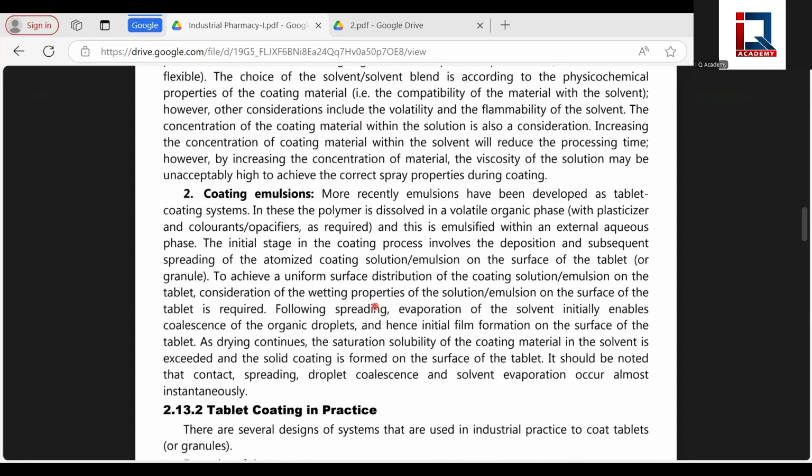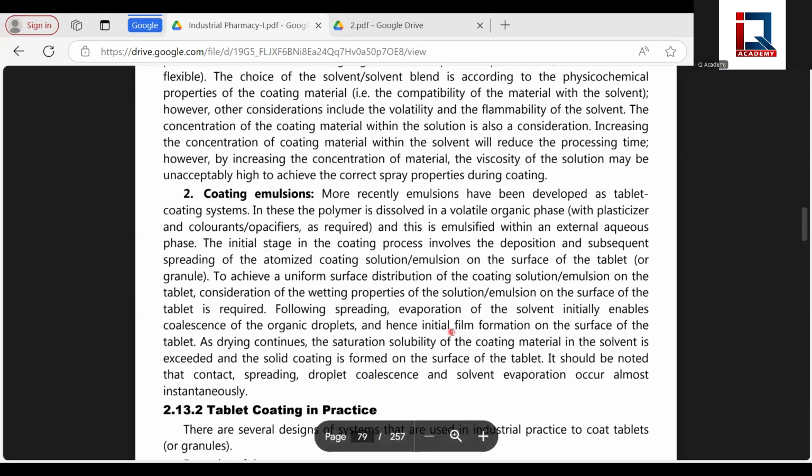Right. There are also coating emulsions in some cases, like emulsion paint, right? Asian Paints. We call it emulsion because we use certain paints which are non-water soluble, to prevent staining and to increase the life of the painting in our house. So likewise, if you want to use such kinds of oily paints, we need to go for a coating emulsion